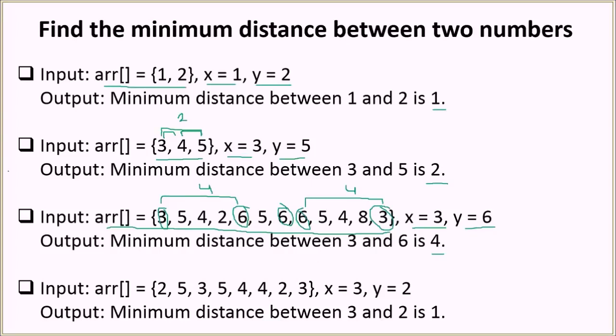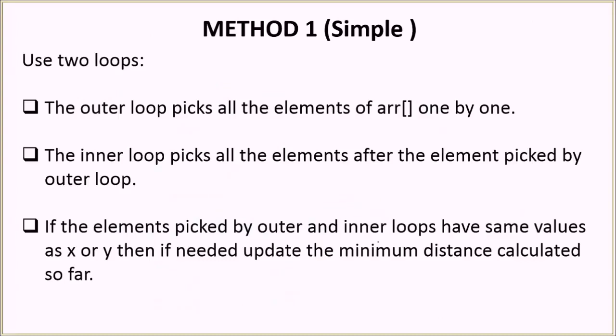Okay, now let's look at another example. This is the array where we have to find the minimum distance between 3 and 2. So we have a 2 here, 3 here, 2 here, and 3 here. Okay, so the distance between these 2 and 3 is 2. The distance between this is 1. So definitely the output will be 1 in this case. So I think now we are clear with the problem. So now let's look at the solution.